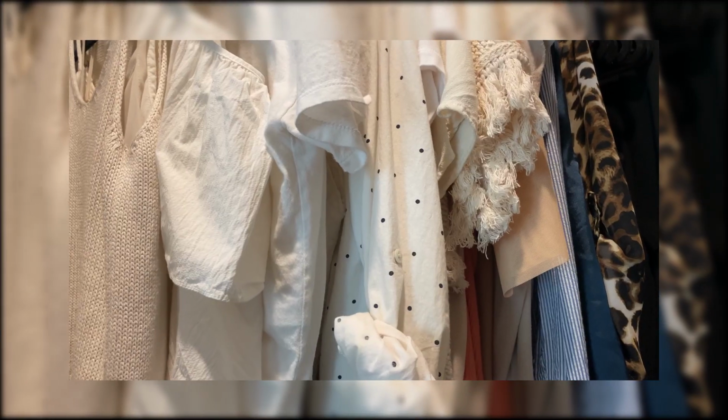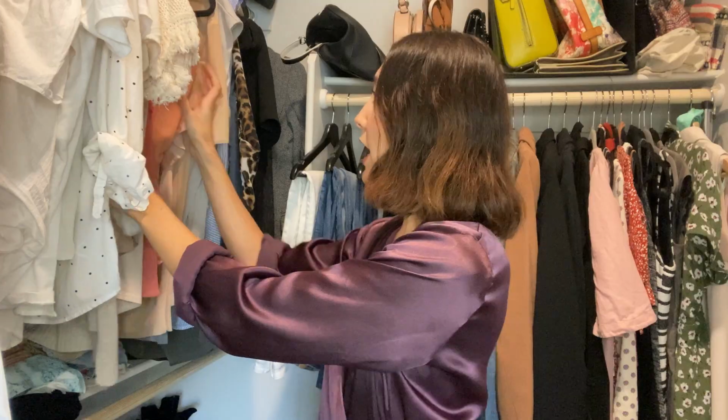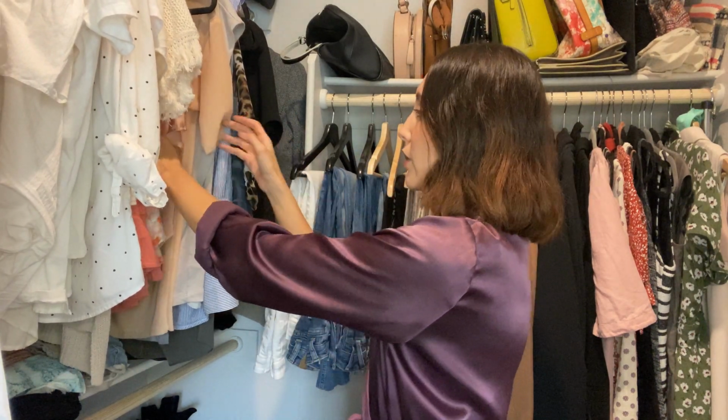Tip number 2 is to know your colors. I know personally I don't like to be colorful. I like to stick to neutrals. I have some colorful pieces here and there, but usually I just try to keep it neutral, and I have found that that way is easier for me to put outfits together. As you can see, I have a lot of white stuff. I have pretty light creams and stuff like that. I do have some blush and salmon stuff in here that I like to use here and there,